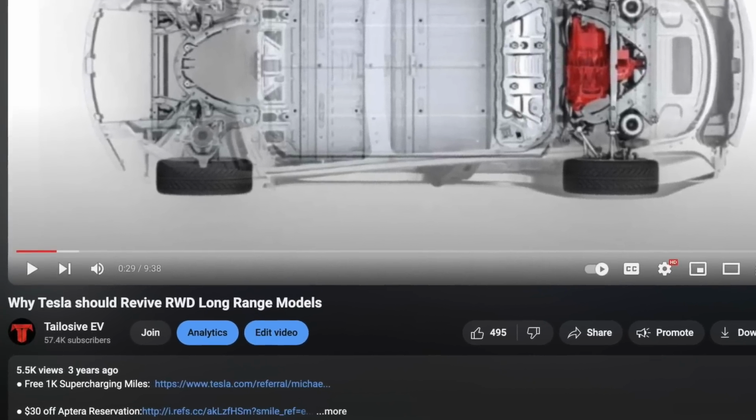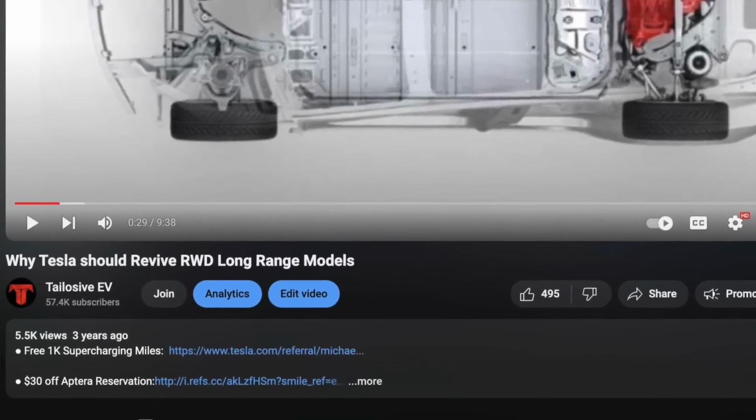Maybe some more demand levers needed to be pulled, but finally, finally, Tesla revived the best trim of the Model 3 that ever existed. They discontinued it shortly after deliveries began in 2017. The last long-range rear-wheel drive Model 3s that were available in the US were stopped being made near the end of 2018. And for years and years and years, I've kept begging and asking them, suggesting that, guys, look, so